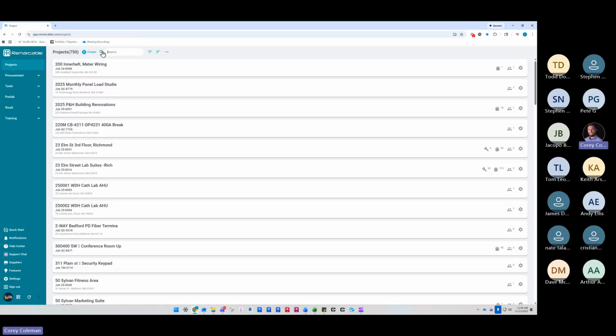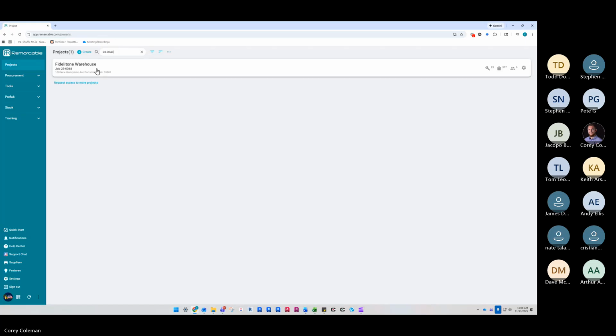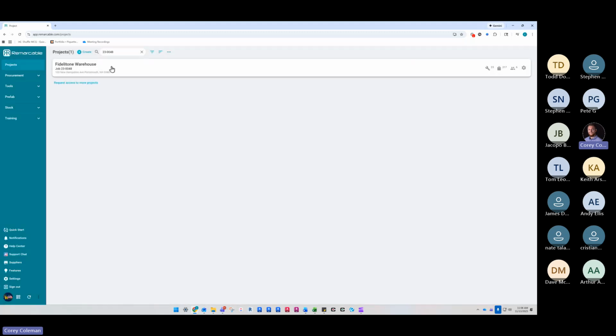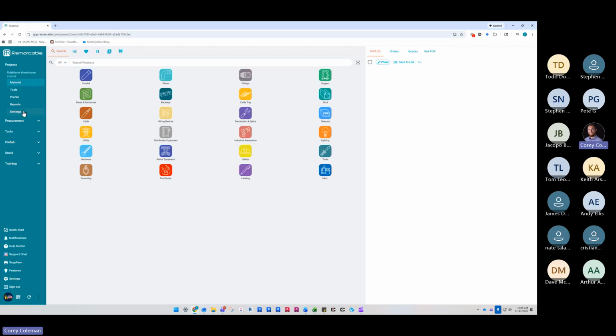Yeah, so what's one of your jobs, Tom? Let's go take a look at it. 23-0048. So under here, you can see who the project owners are. Okay. So you can see it's Mark, Mike, Anthony Crudell, you, Sean, Miguel, right? Yep. And then if you go into settings,